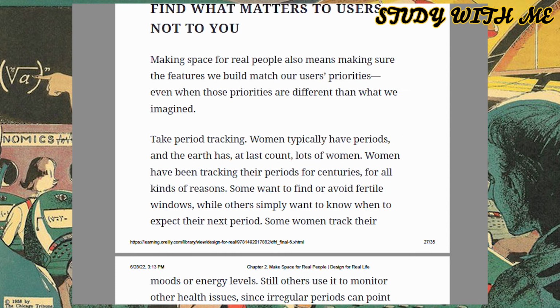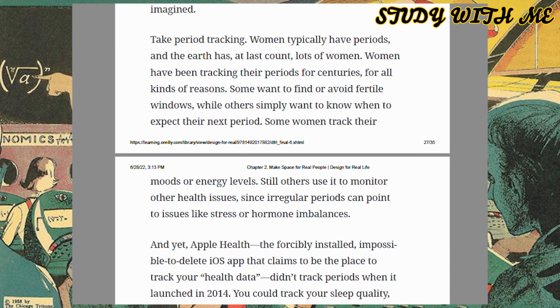Take period tracking. Women typically have periods, and the Earth has, at last count, lots of women. Women have been tracking their periods for centuries for all kinds of reasons. Some want to find or avoid fertile windows, while others simply want to know when to expect their next period. Some women track their moods or energy levels. Still others use it to monitor other health issues, since irregular periods can point to issues like stress or hormone